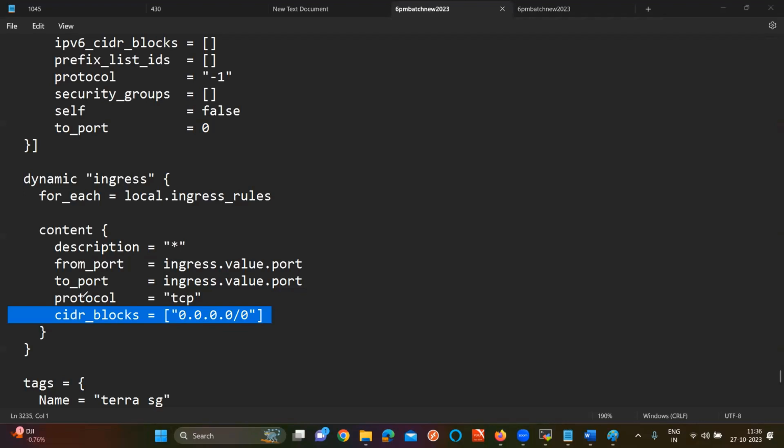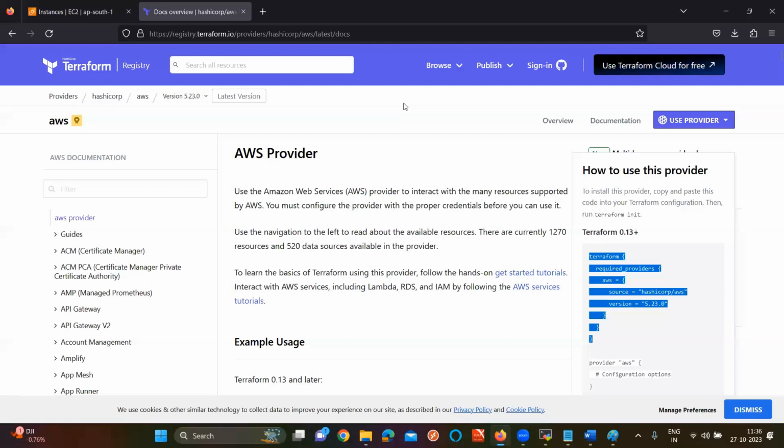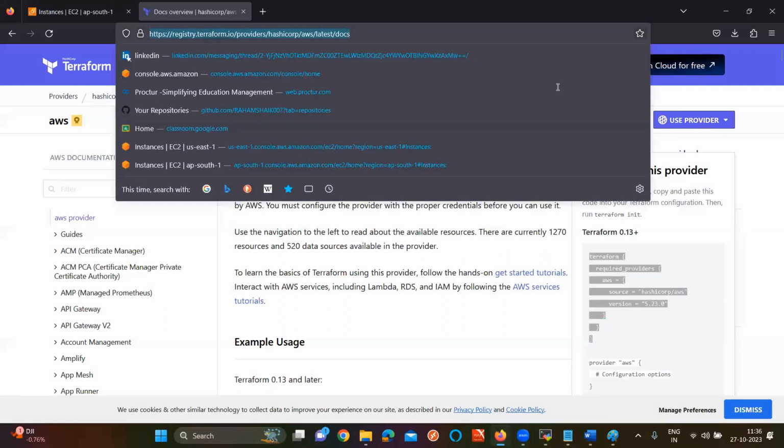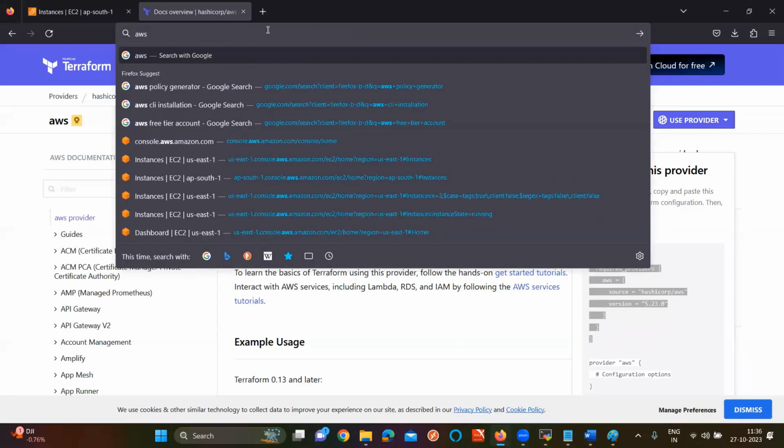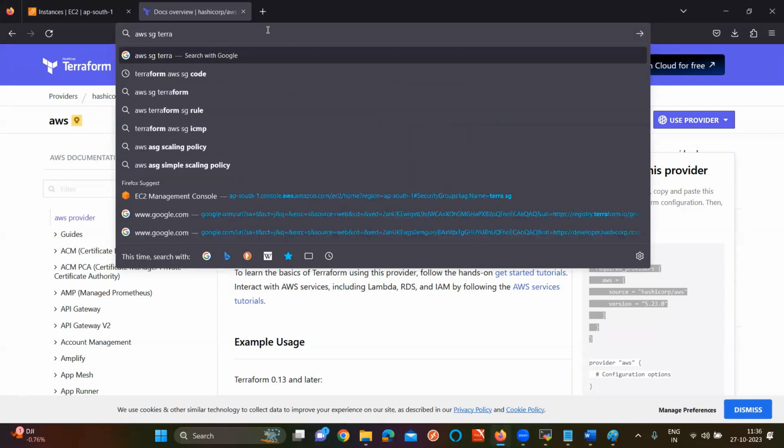What is the purpose of having loops in general? Loop means to do the work repeatedly. Like, I'll show one code for you. Now you'll get some clarity about why I'm showing this concept. For example, if you want to write code for a single security group, AWS security group Terraform code.